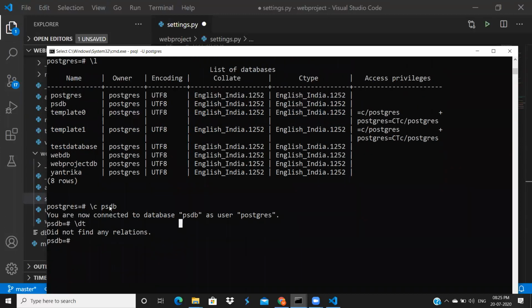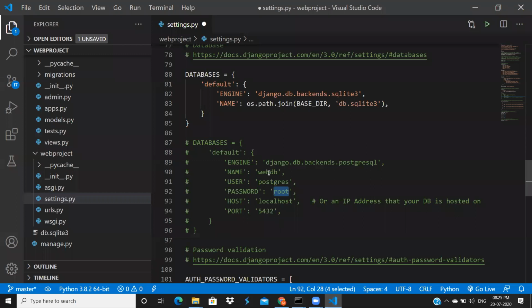You will take the database name PSDB, and you will give here that database name PSDB. User Postgres, password root, localhost 5432. These all depend on your requirements. Like if you taken your user as something, user may be root in some situations. Password also root.